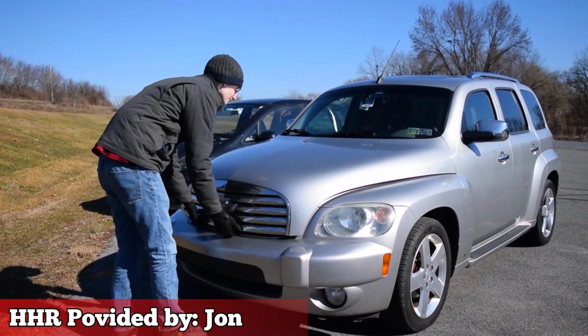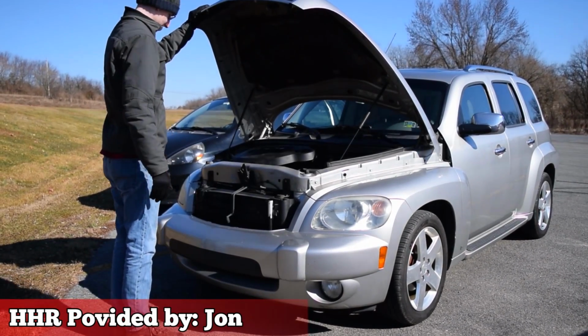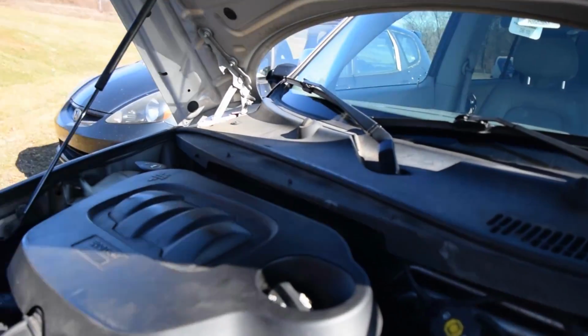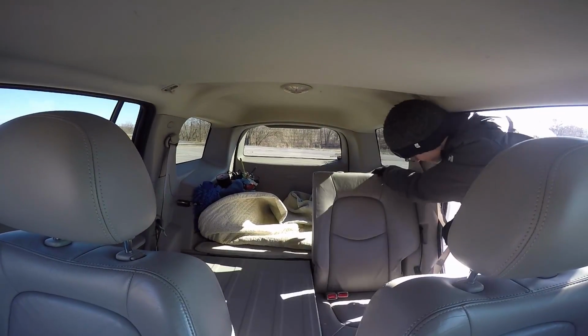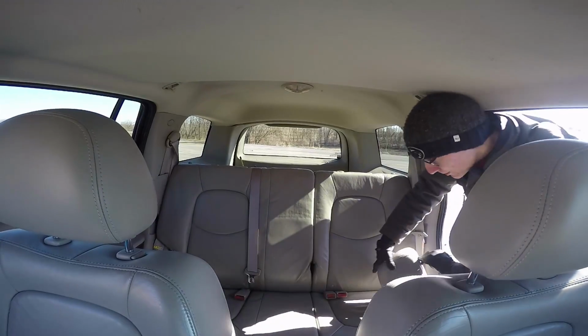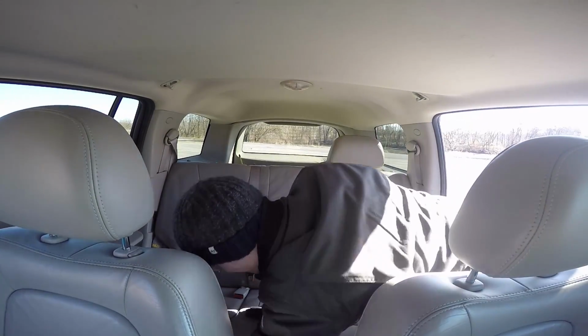2006 Chevrolet HHR. This HHR features a 2.4-liter inline-4, and while the horsepower isn't great, the car has been running for over 200,000 miles now, since the owner John received it from his aunt nearly 30,000 miles ago. He's only had to change the transmission fluid once, not because he had to, but because he thought that would be good due diligence. It's a car that John wasn't expecting to love, but he fell in love with it